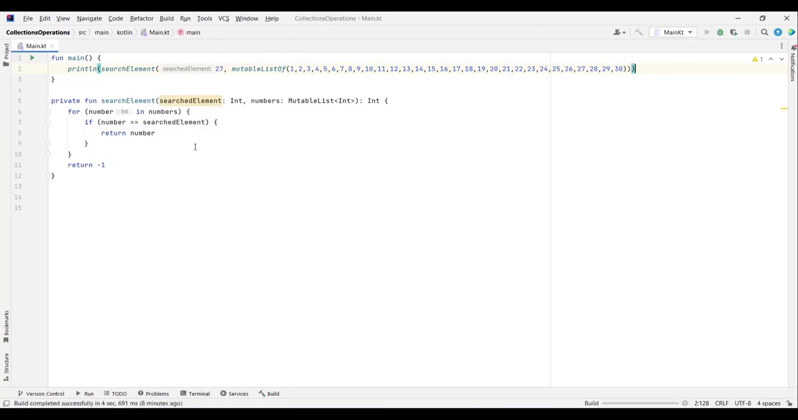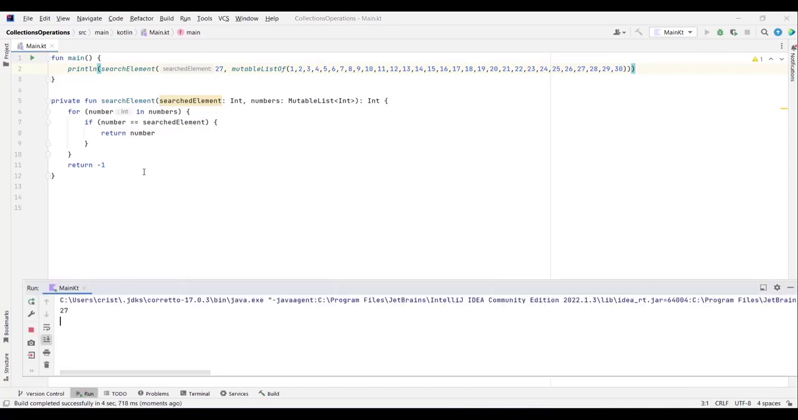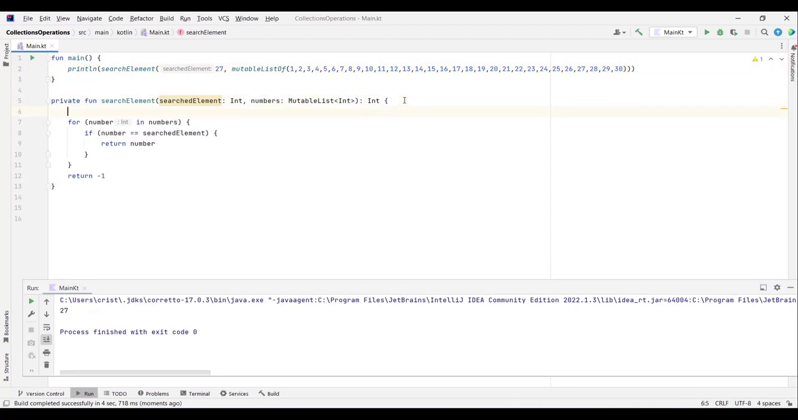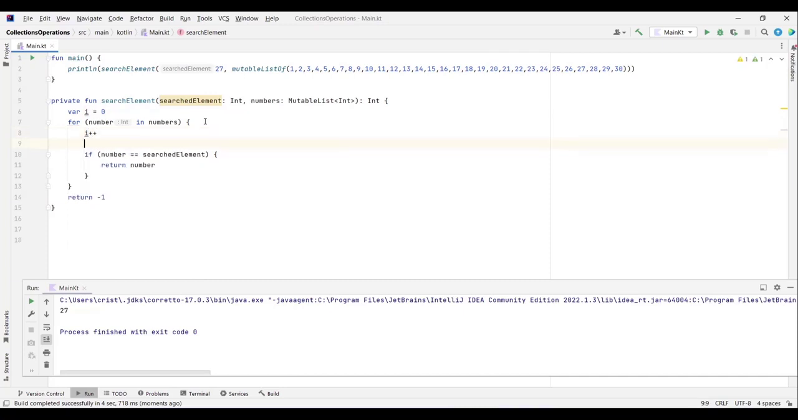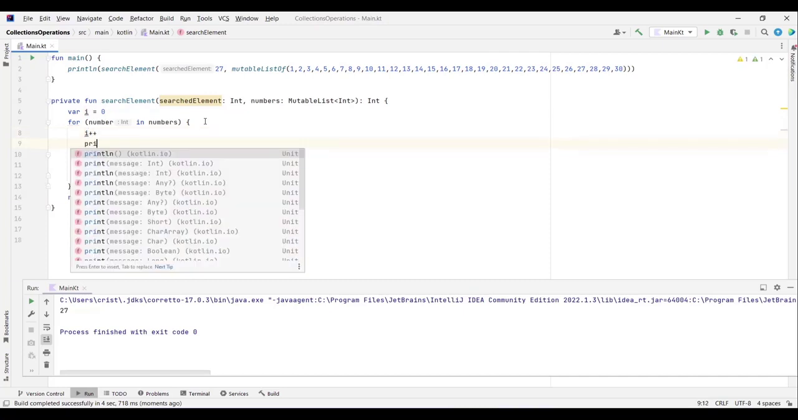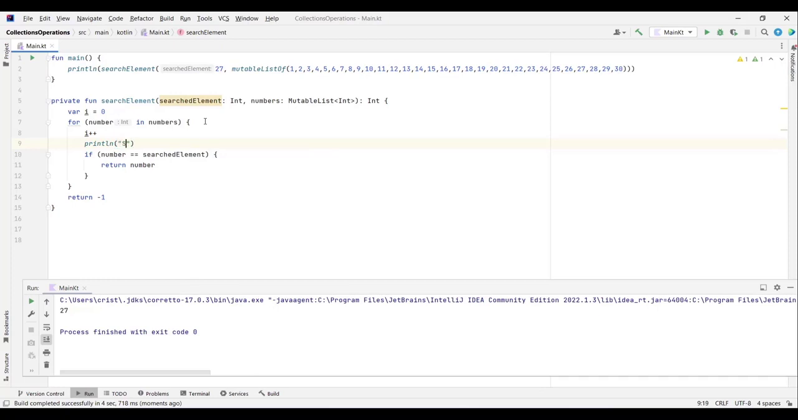Now, if you run this code, you're gonna see in the output 27. So we get, as expected, 27. But let's declare a variable here, i, to count the number of iterations it took to find the element. So I'm gonna assign 0 to it. I'm gonna increment it every time we loop. So I'm gonna type val, I'm gonna type i, sorry, plus plus,